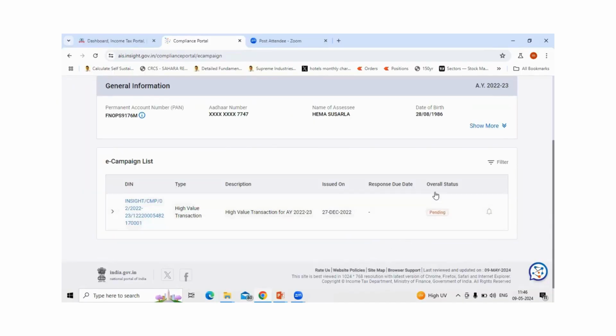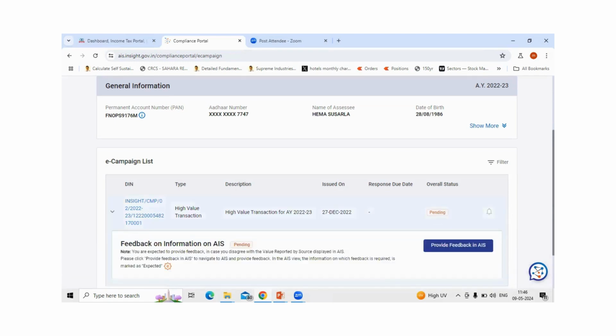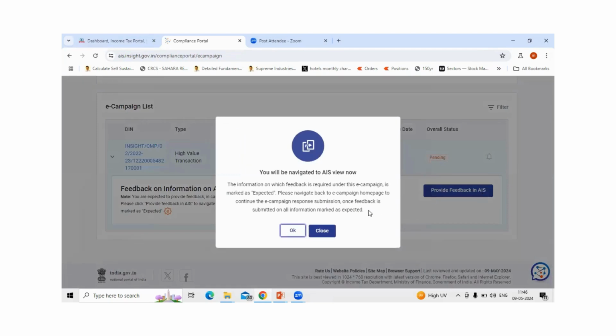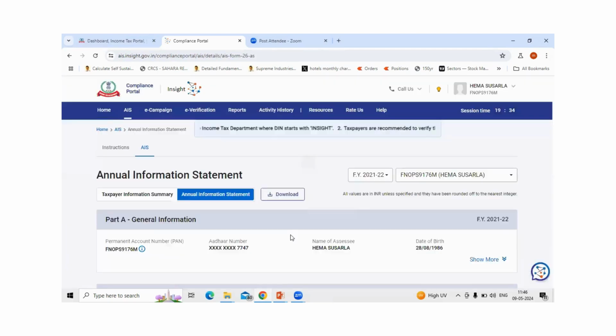As I was mentioning earlier, once you have provided all the details here, the overall status would change to submitted. Currently it is still shown as pending because some of this background process is still running. I want to show an additional thing here. In case you have provided the feedback in the annual information statement, as I was mentioning earlier,